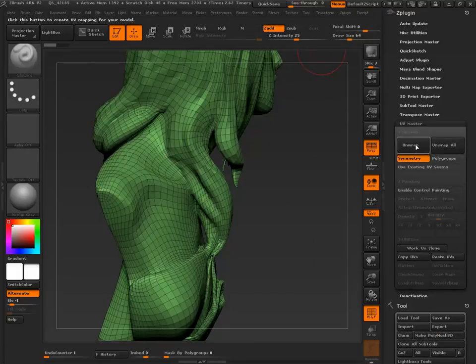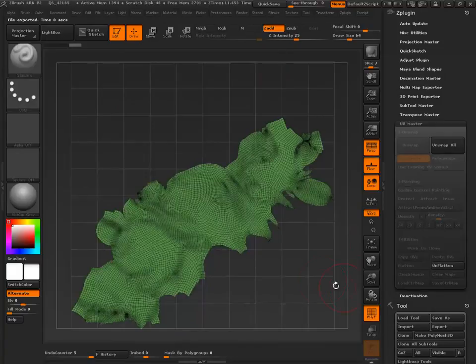UV Master, unwrap. Okay, we're going to flatten.